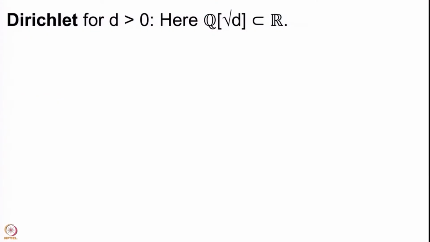So, Q root d is going to be a subset of the real numbers. It is not something which is contained in the complex plane outside real numbers, it has no elements outside the real numbers. Q root d is completely contained in real numbers. It is a very nice thing to try and imagine how all these points are located, how these points are distributed in the real line. But I leave it to you to think about it, but at least we start with this observation that Q root d is contained in R.